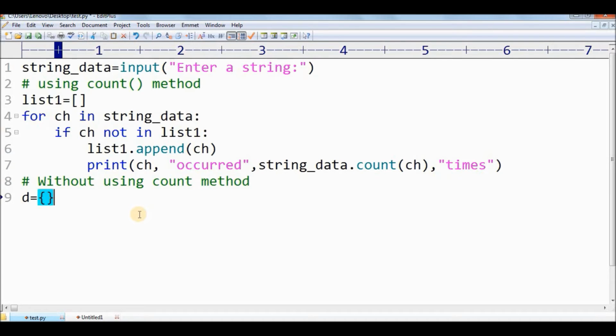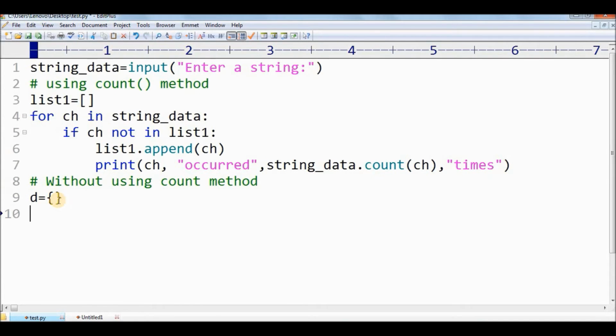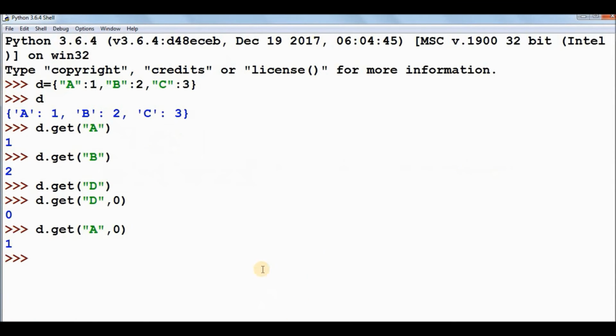So let me take an empty dictionary first of all. D is the object name and I am taking an empty dictionary by specifying these empty curly braces. Okay. Now, if I want to add any value to the dictionary, what I need to do is, the syntax is, suppose this is my dictionary D, I'll print it again, this is my dictionary D, and if I want to add any value to this dictionary, what I need to do is D, I'll be using square brackets, inside the square brackets I need to specify a key, and by using the assignment operator, that is equal to operator, I can specify the value.